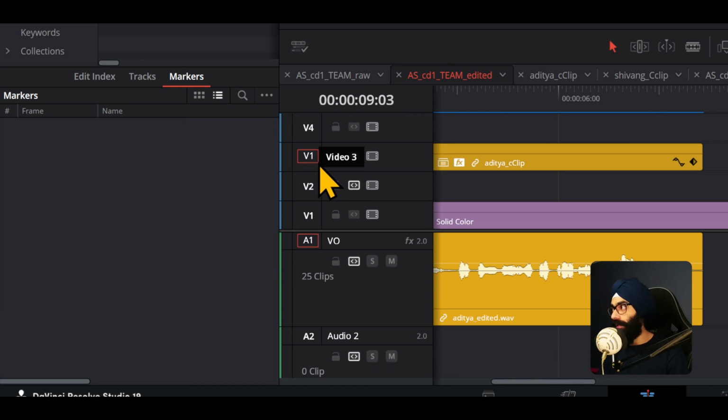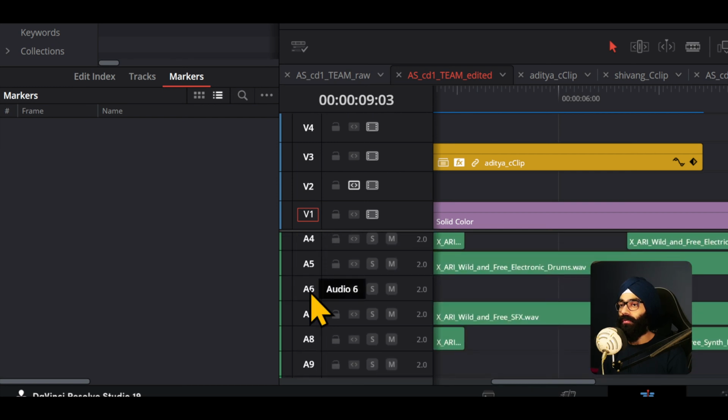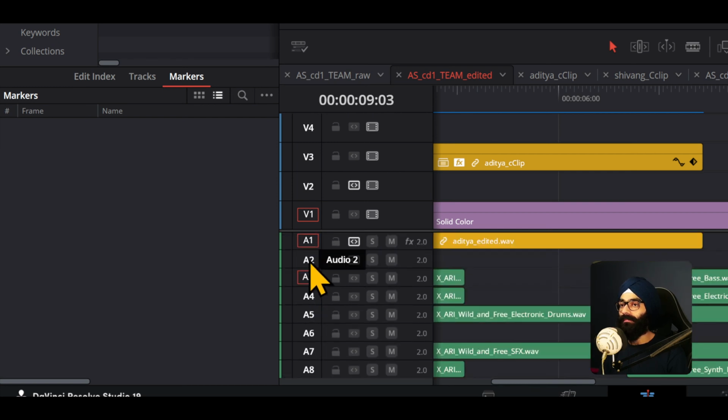That becomes V1. And this is something I found very weird about Resolve: currently this is also V1, that is also V1, but this has a red thing around it, and now nothing has a red thing around it. So why do you do it this way? In this way, Premiere Pro is a lot more simple. You just click on this and it becomes active, and if there are multiple active, then it will drop in basis some priority or whatever. But here this is kind of weird. And it's the same thing with audio as well, right? You can't just click on something. What you have to do is